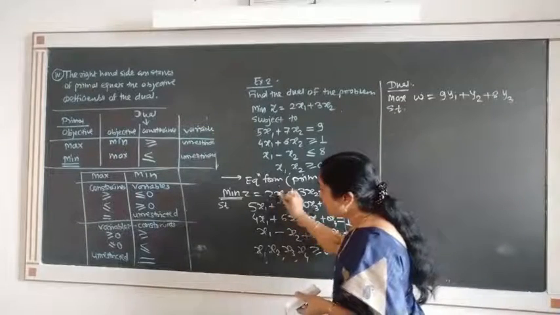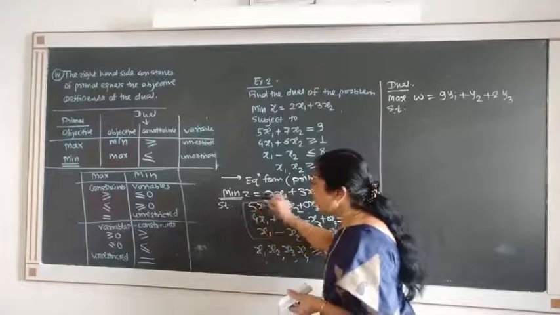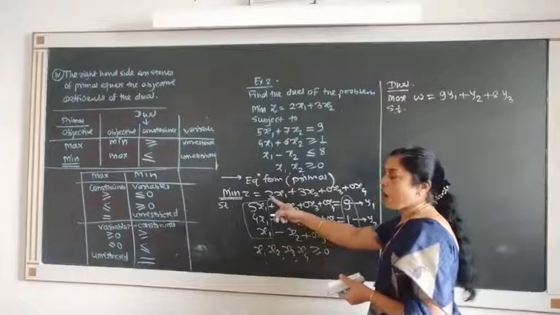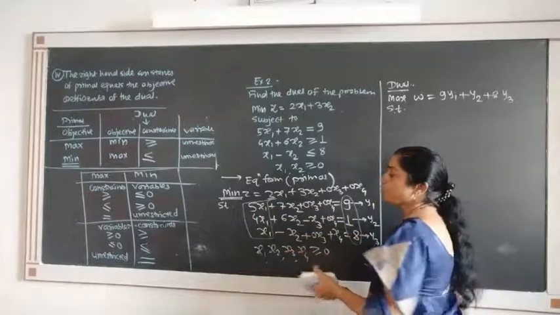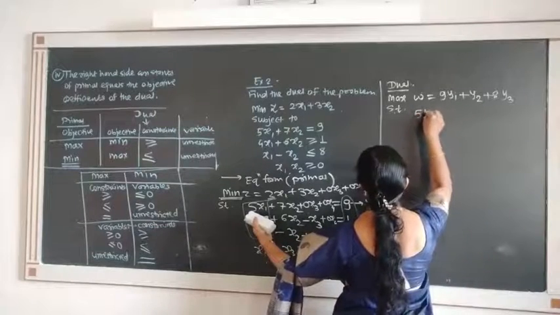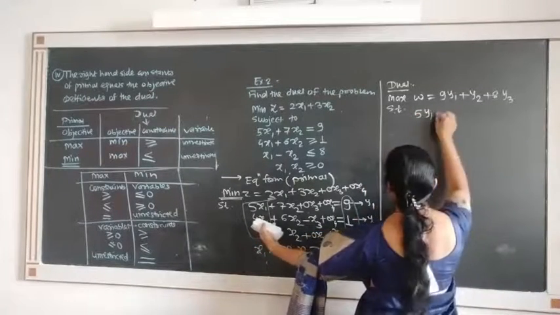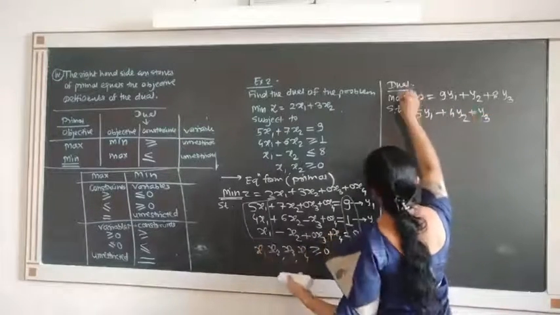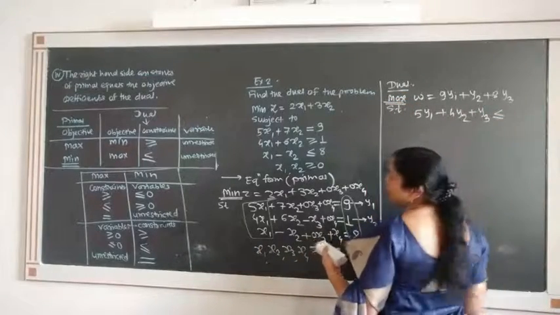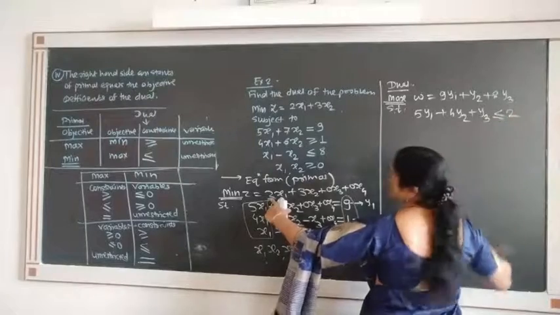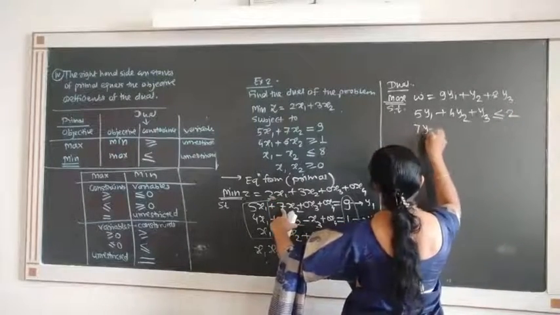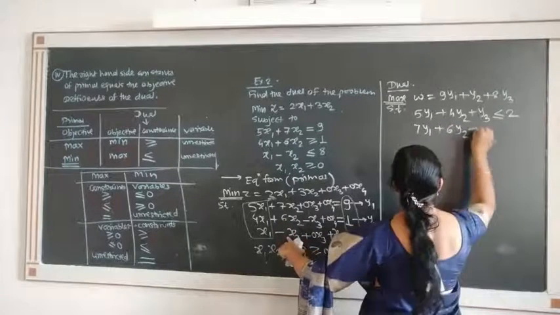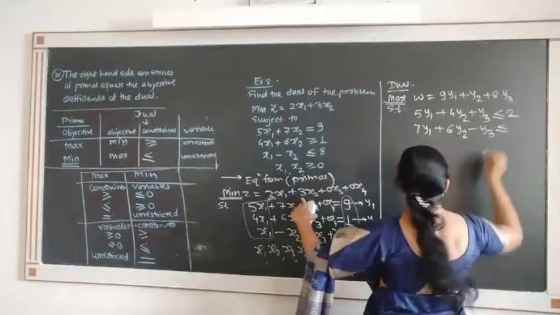The first constraint means the column of x1 together with the objective coefficient of x1. So I am considering total x1. This will give RHS and this coefficient will give our LHS. So see, we get 5y1 plus 4y2 plus 1y3. Because the problem is maximization, the constraints are less than or equal to. See the second. 7y1 plus 6y2 minus y3 less than or equal to 3.